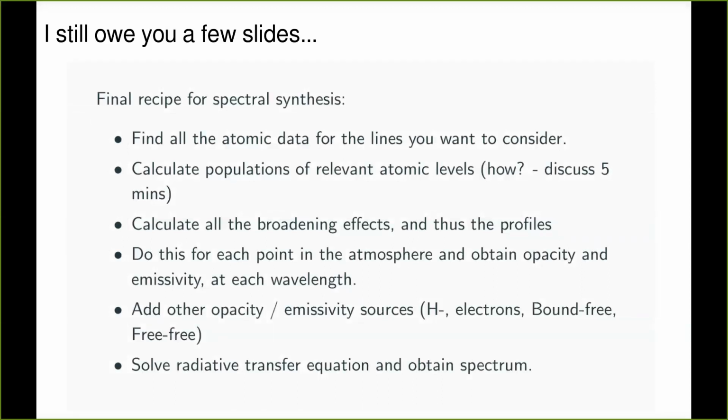And the first, and probably the most cumbersome of all the steps, is figuring out, in this bunch of gas that is given to you, how many atoms in which ionization and excitation state I have. So today we're going to go to the most simple example, which is just an atmosphere consisting of pure hydrogen, which is relatively easy to solve under some assumptions.